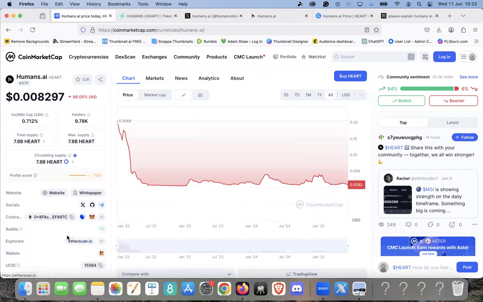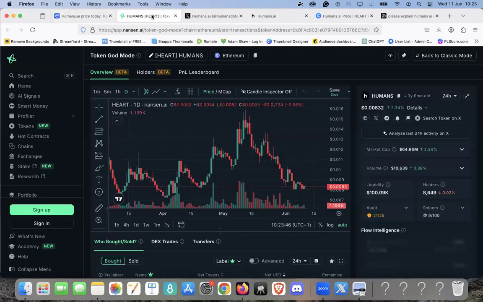So the first thing we do is look at explorers. And we've gone to Nansen. The reason I've gone here is because it verifies. I mean, it says that there's slightly less holders than it did on CoinMarketCap, which just explains that we can't trust one single source of information. Because whereas CoinMarketCap said there was almost 10,000, this has got it nearer 8,500.